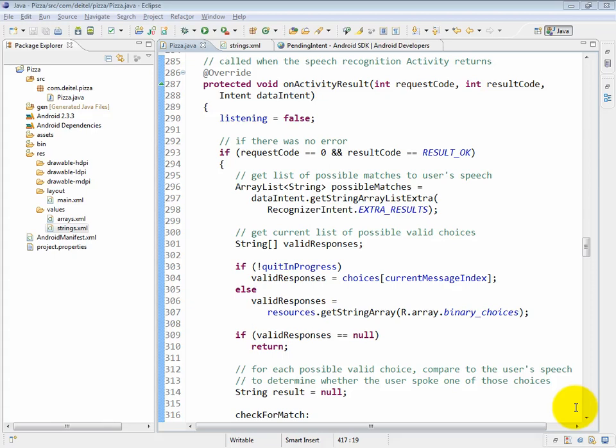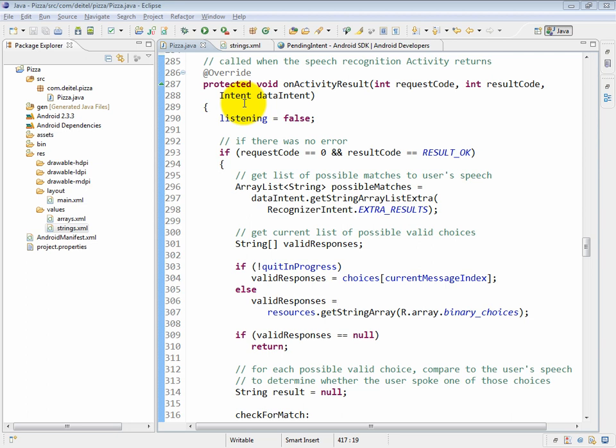As you know, when you use the activity method startActivityForResult to launch an intent, the onActivityResult method, which you see here, will be called to receive a response back from the activity that was launched. And as you also know, this method receives three parameters. The first one is the request code that was used in launching the other activity. The second one is the result code indicating whether or not that activity was successful. And then the third argument is an intent that may or may not contain additional data associated with the response